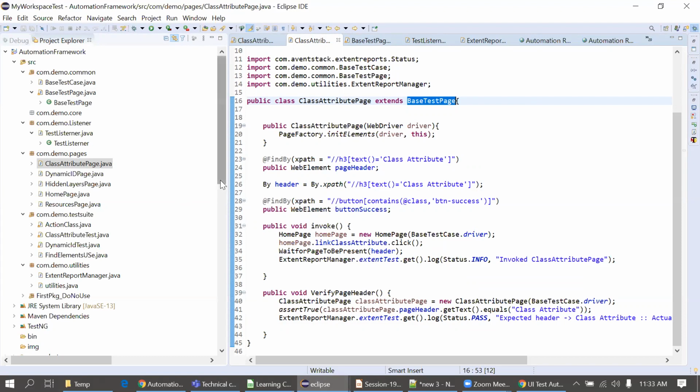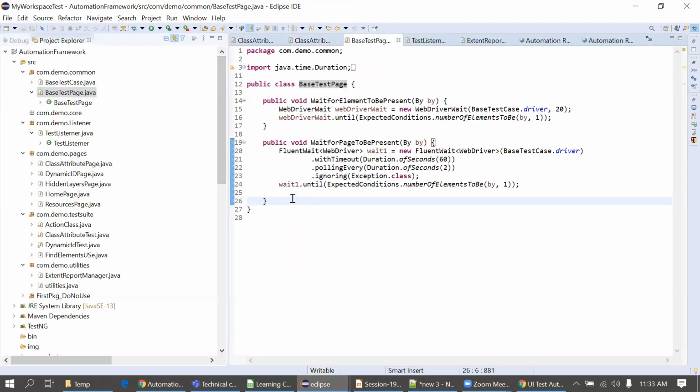When we write an explicit or fluent wait and it gives you an exception like a null pointer error, because the reference might be null in that case, I have to see the problem. If your reference is null, you will get a null pointer exception. So how can I resolve this? First I have to see what the root cause is. Based on that only I can conclude this is the solution. Okay, we'll see that, Nagendra.